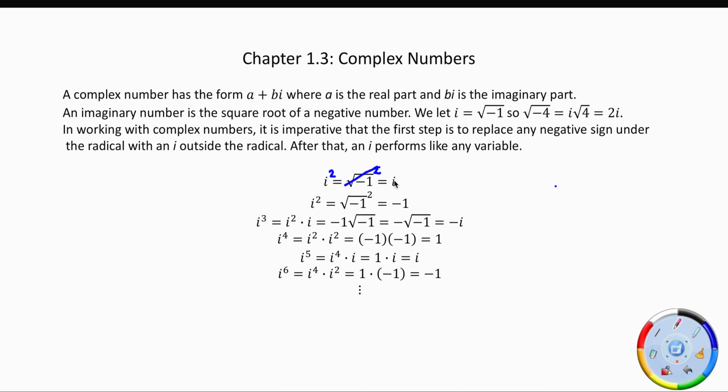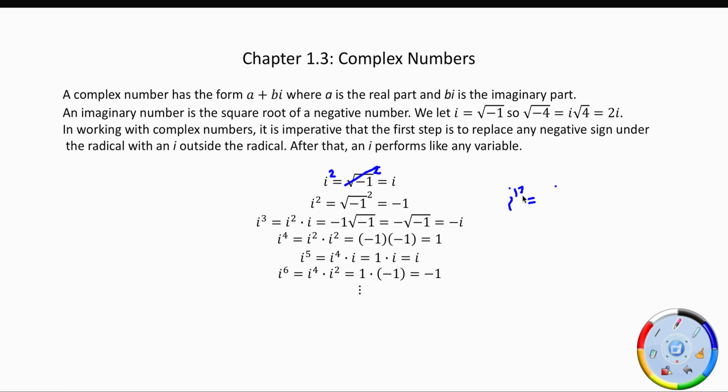Look at the pattern. i, -1, -i, 1. i, -1, -i, 1, and it continues. So every fourth power just repeats,